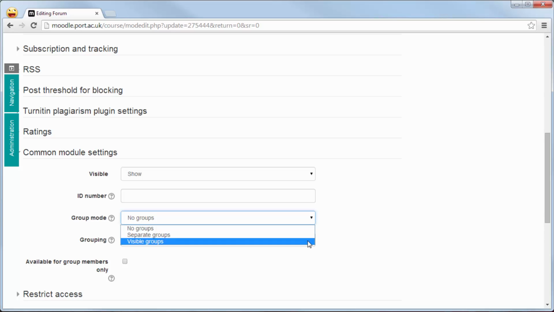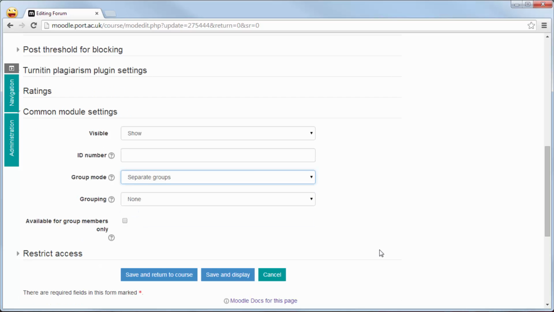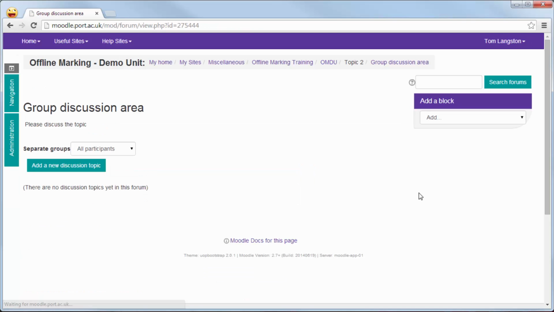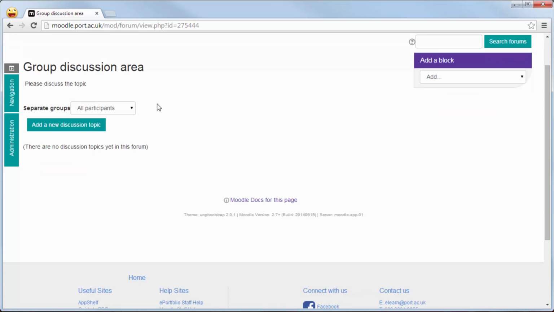A visible group in the forum context would allow me to let the students look at all the other work that's been going on, but they just can't comment outside their own group or their area. So for the moment I'm going to choose separate groups, which effectively is like putting 4 groups in separate rooms rather than around a table. I'm again not going to use groupings just yet, we'll come back to that in a moment. I'm going to click Save and Display,